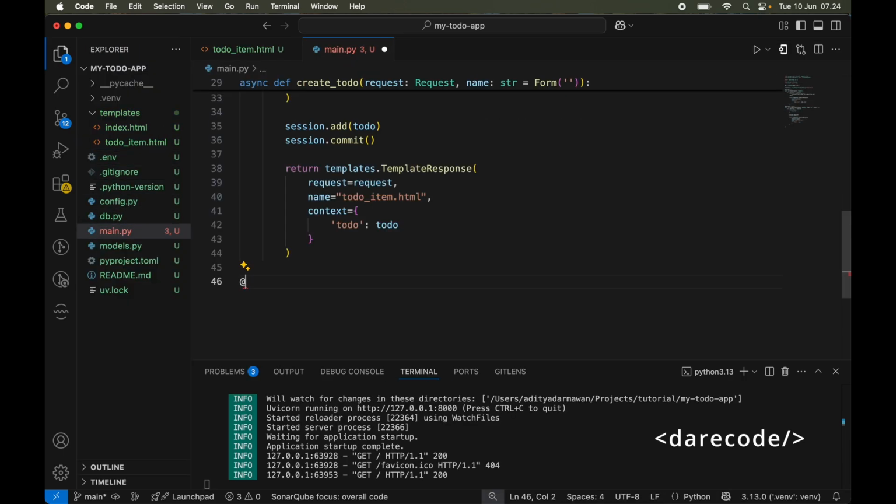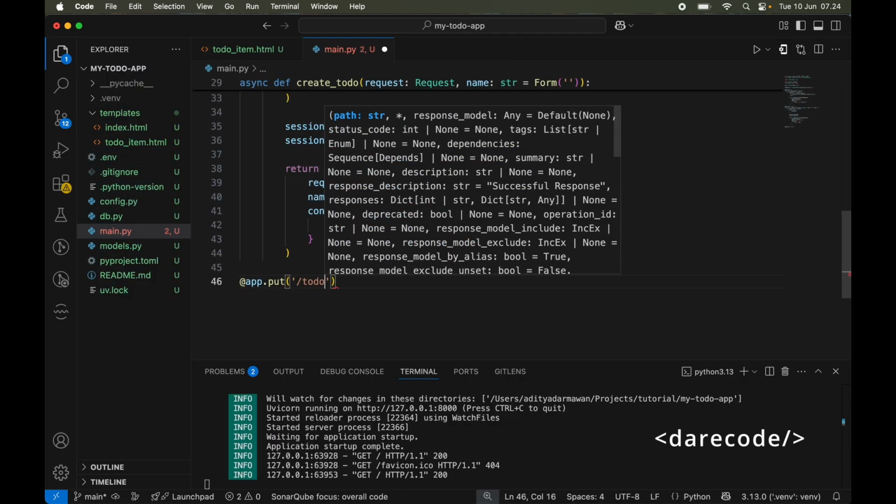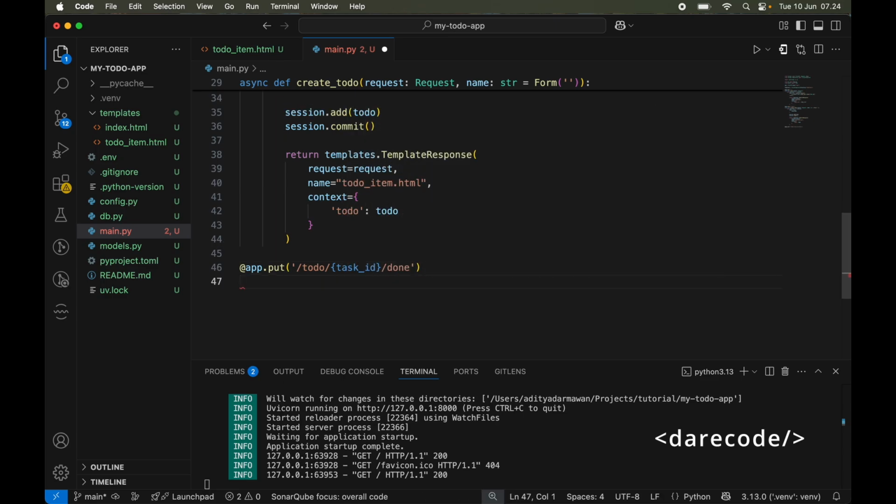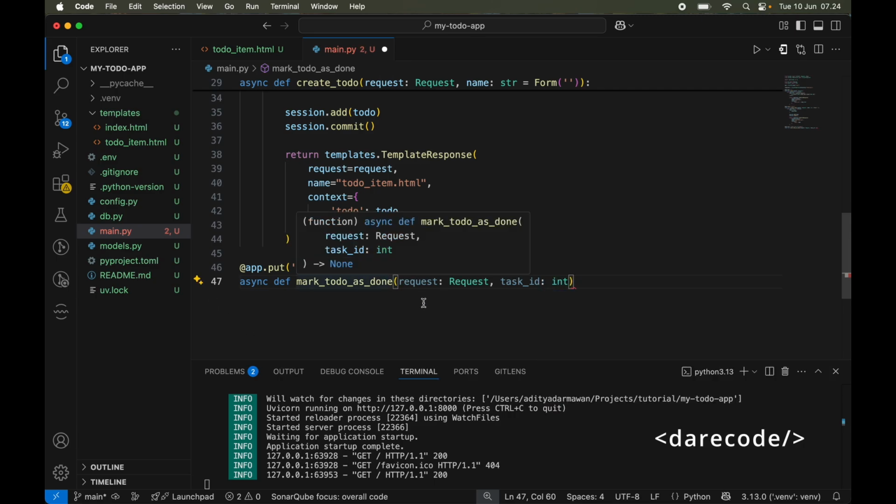Define a decorator. Let's create the method for the controller. I want to name it mark to-do as done. The first parameter is request, and the second parameter is task ID, taken from this.